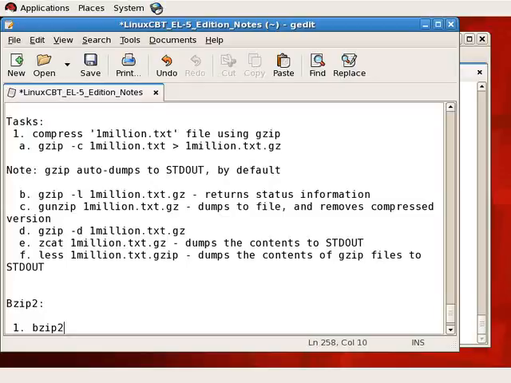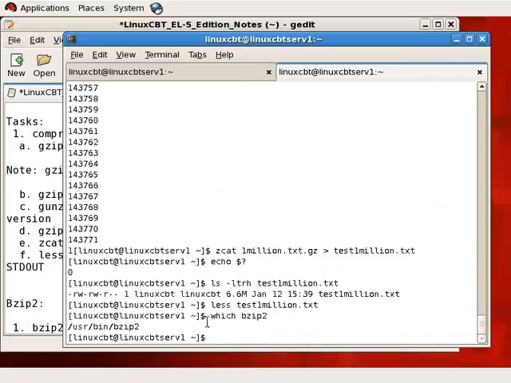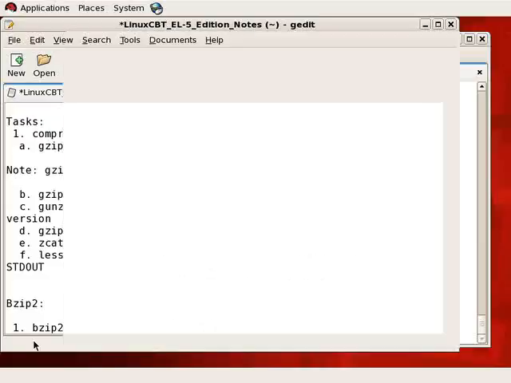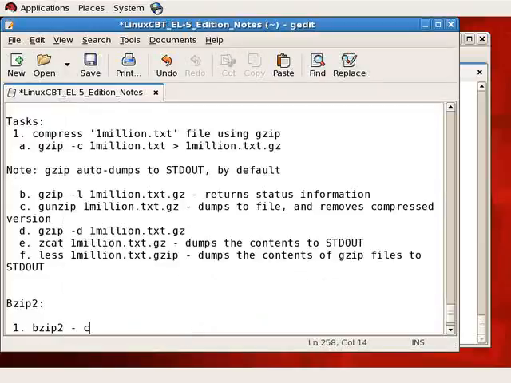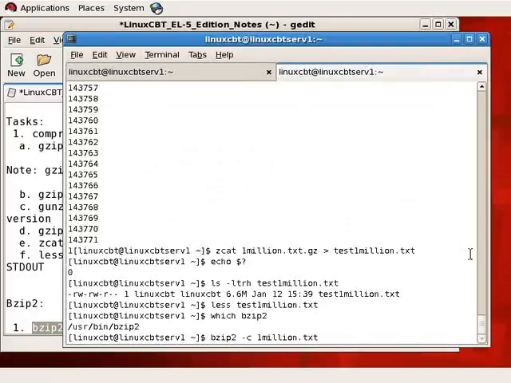Supposing we wanted to create a Bzip version of 1,000,000.txt. Use Bzip2, and by the way, from the shell, you can always identify where it is. It's installed as part of the stock OS, so which bzip2 will tell you exactly where it is on the system. It's in /usr/bin. And if we use Bzip2, followed by a similar option to what was used with Gzip, a lowercase c option, followed by the source file, 1,000,000.txt, followed by output redirection,